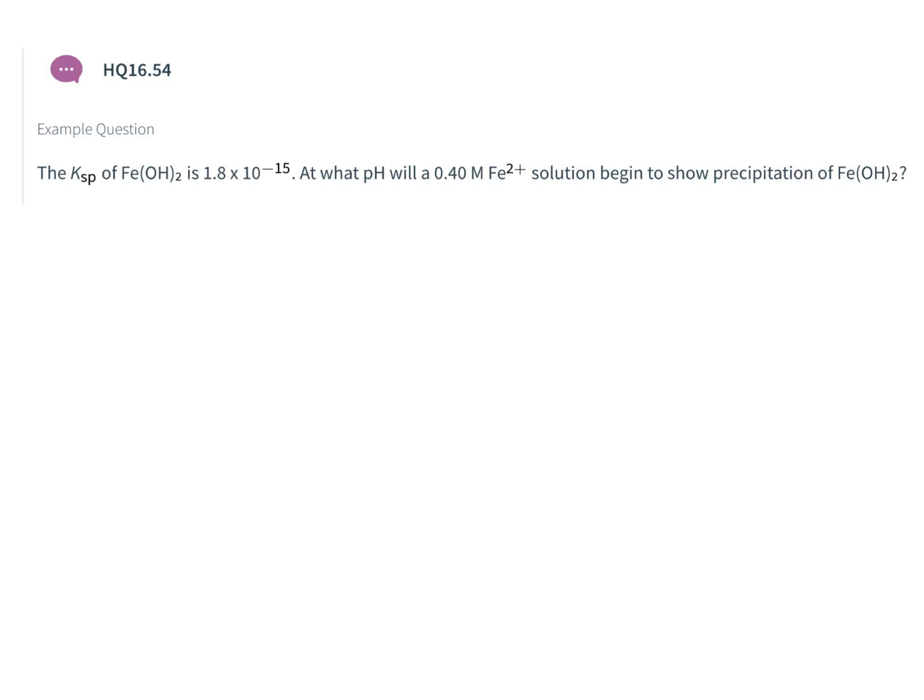Question 54 is kind of an interesting thing to think about. It really helps us bring together the last two modules. This module looking at solubility and the previous module looking at pH of solution. So we're given the Ksp of iron(II) hydroxide as 1.8 e to the negative 15. And then we're asked at what pH will a 0.4 molar solution of Fe2+ begin to show precipitation